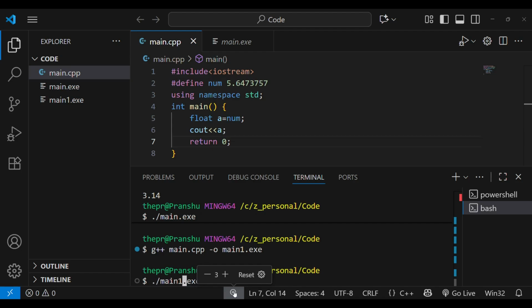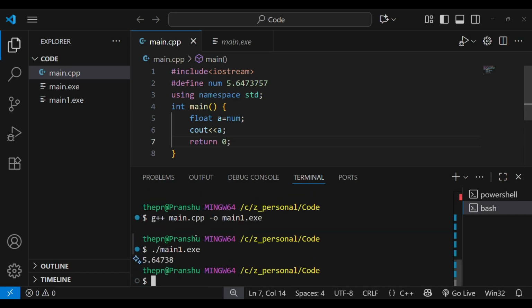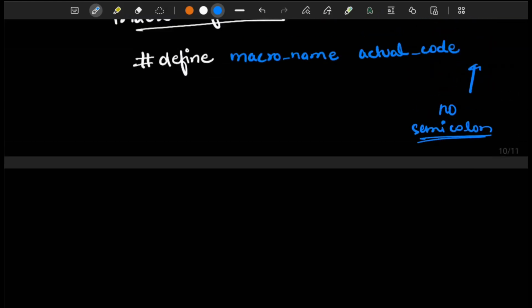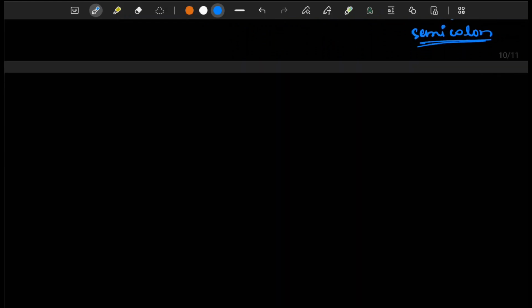So now we are running this main1.exe, and here we get the output. So that means it is replacing num with this number. So this is how macro works, and also we can pass arguments in macros.